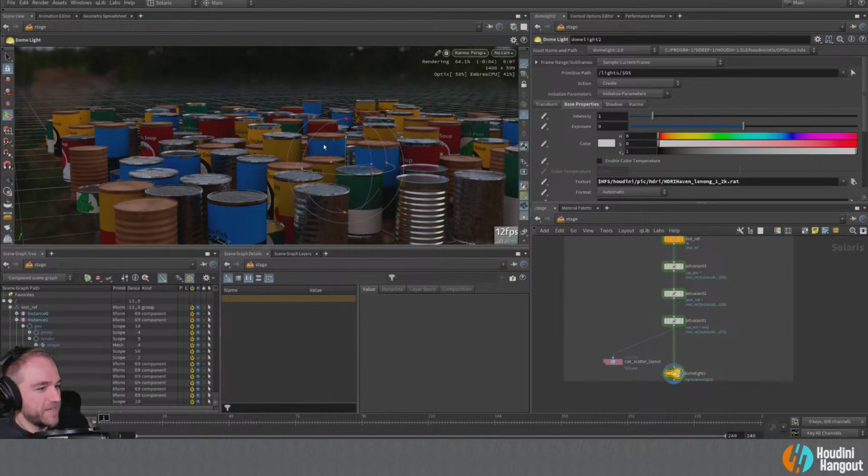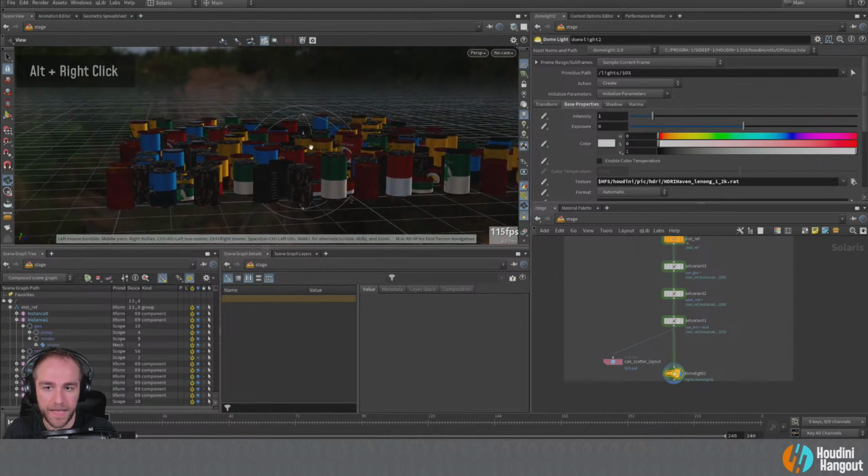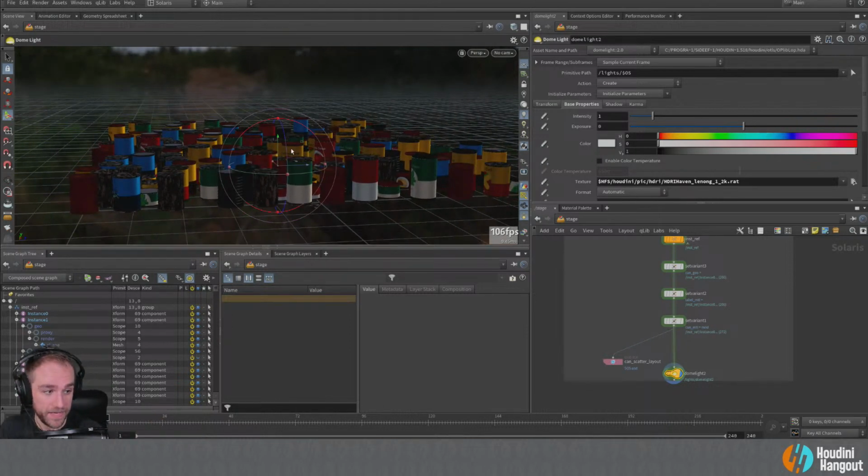And there you go. So I think hopefully you start to understand a little bit of some of the power of working with USD, especially if you're creating many assets that are all going to work together in unison like this, something like a can or a tree or products that are going to go on a shelf. I'll actually be doing a full course on this like I said, that is going to go on the Side Effects website, and that's all based on making books. And so books on a shelf and lining them all up and everything like that. So that should be hopefully coming out within the next month or so.